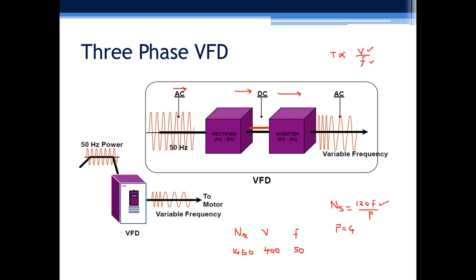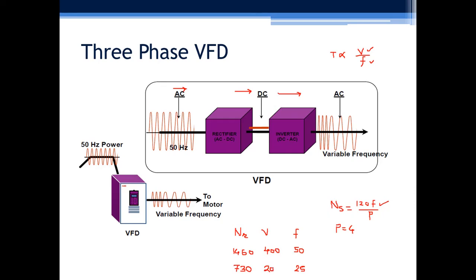So this is called voltage frequency control. We applied maximum frequency and maximum voltage to get maximum speed. Let's say we want to drive that load at lesser speed, for example close to 730 rpm. By the mathematical equation, the speed is controlled by controlling the frequency to 25 Hz. So here you can set the frequency to 25 and the corresponding voltage has to be dropped to 200 volt.